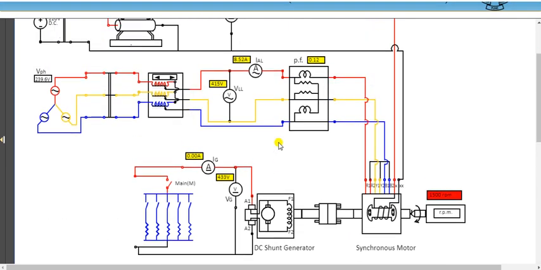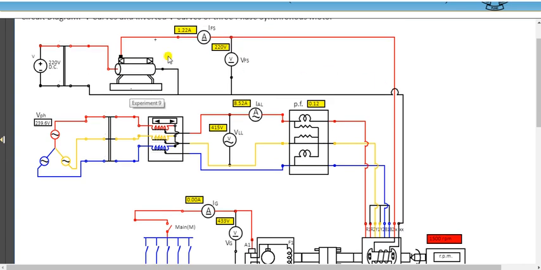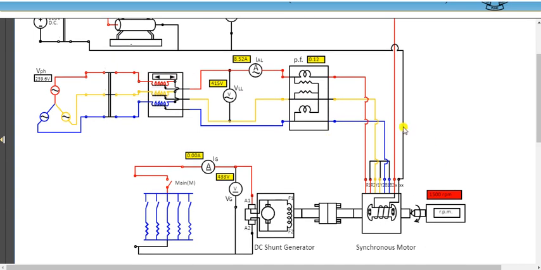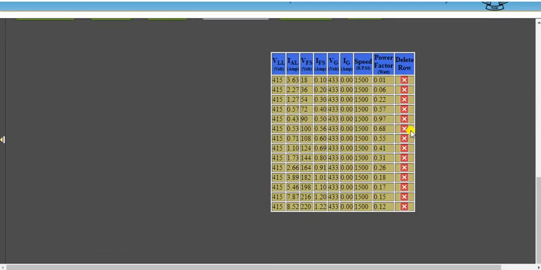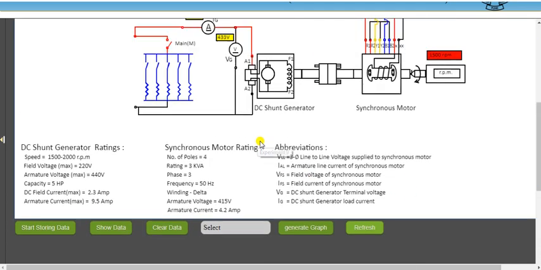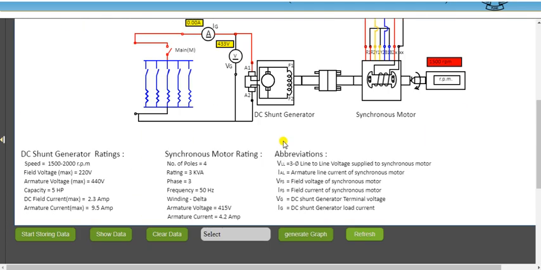We have provided DC supply and increased it gradually, so all three phenomena, under-excitation, normal excitation and over-excitation, are there. You can see the machine's speed is still 1500 RPM, which is the synchronous speed. Now we have to draw the graph.